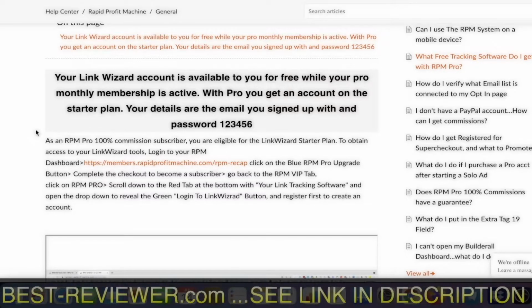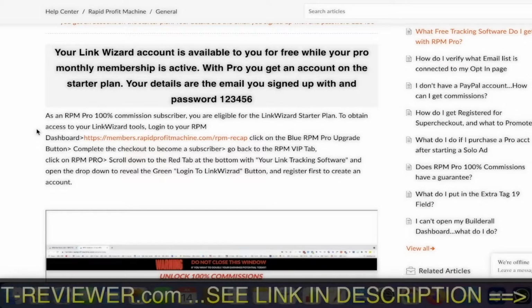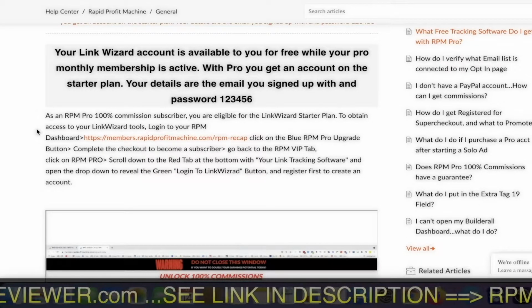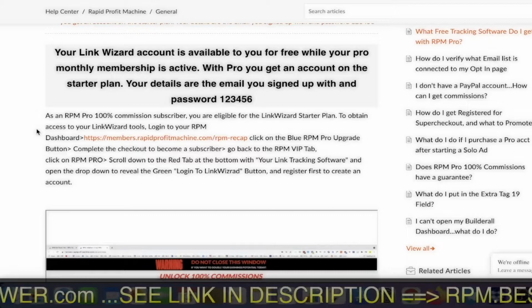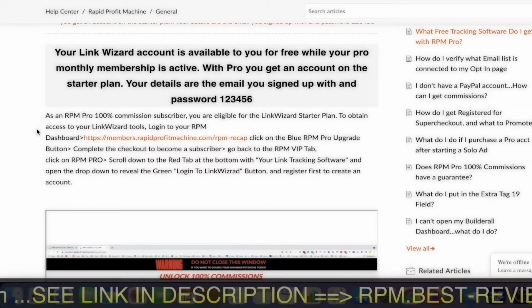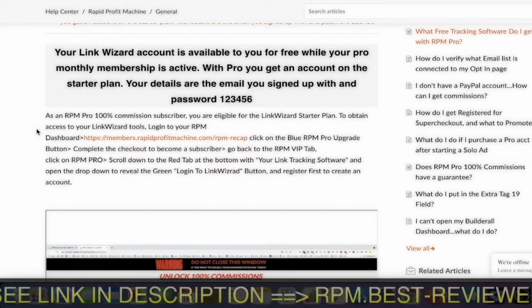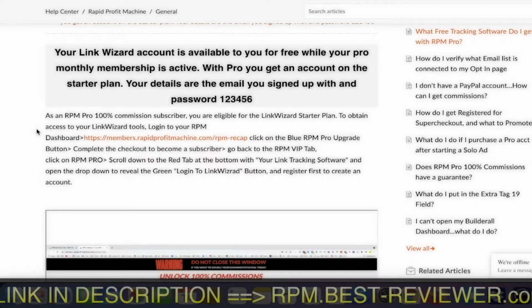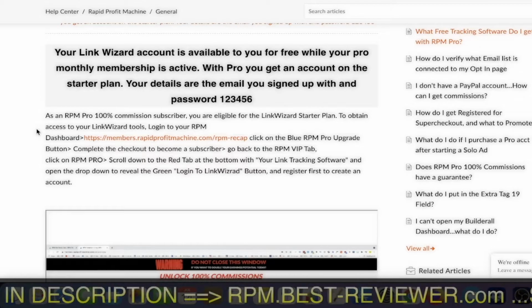As an RPM Pro 100% commission subscriber, you are eligible for the LinkWizrad starter plan. To obtain access to your LinkWizrad tool, log into your RPM dashboard and RPM recap. Click on the blue RPM Pro upgrade button, complete the checkout to become a subscriber, and go back to the